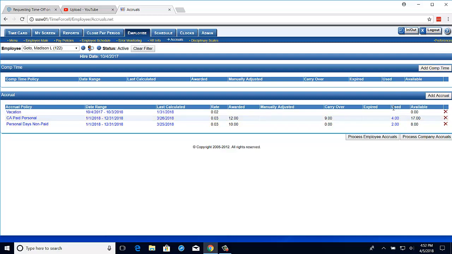On the right side of the page, you will see the number of hours that you have already used and the number of hours that you have available. Please keep in mind that even though it says that you have hours available over here, if you have already used the maximum hours that Steel Street gives you, you will be denied your time off request. So vacation, you're only given 80 hours for an entire calendar year. You'll get 24 hours of California paid personal and 32 hours of personal non-paid hours to use within an entire